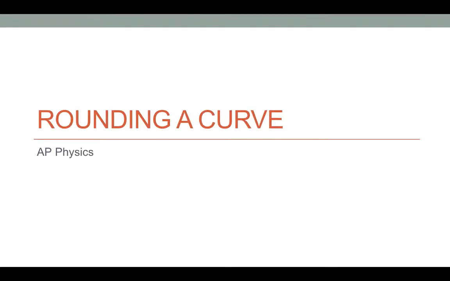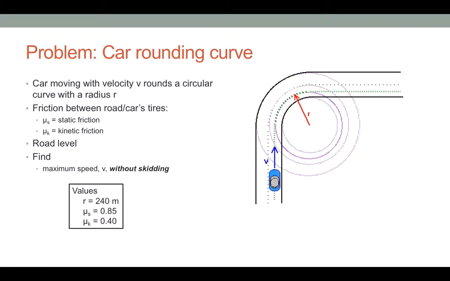Okay, we're going to consider another problem, and this one will be a car going around a curve. So here we have a car that's on a straight section of road. Then the road curves, and we'll assume the road is circular right here, the radius r, and then it reaches a straight section again. And our problem will be, we want the car to be able to round this curve